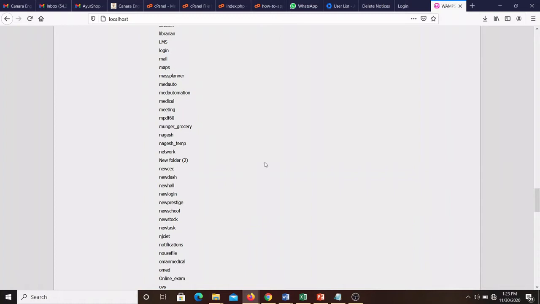One more thing you can see during the installation of the web server: sometimes we'll get a DLL file missing error. In that case, we have to download the Microsoft VC++ redistributable software, which is very small, from the Microsoft website. There are versions VC++ 10, 12, 14, 13, 15 and 17.